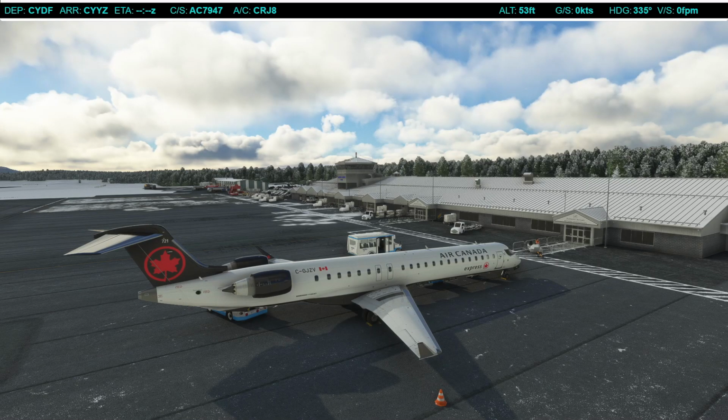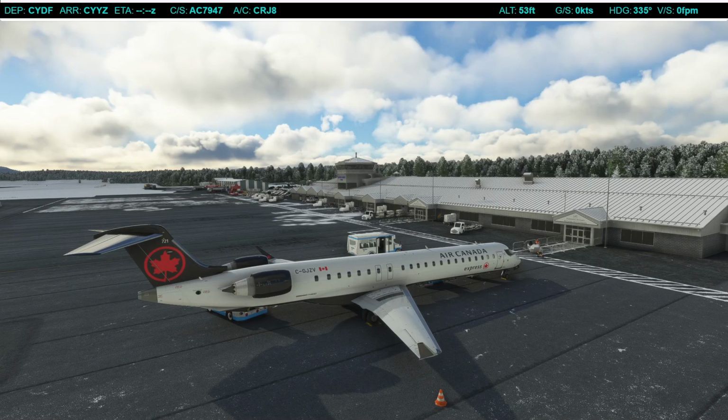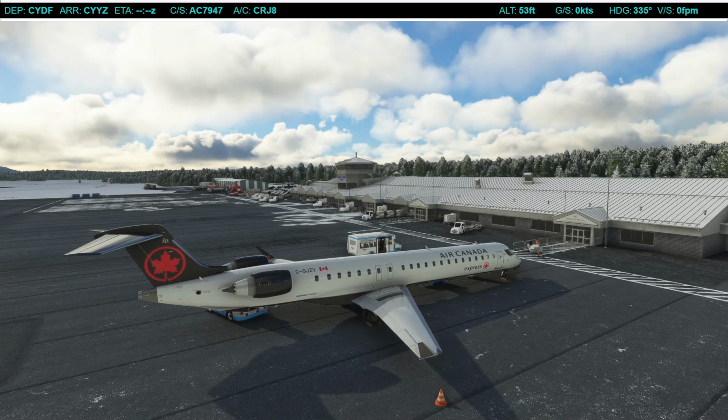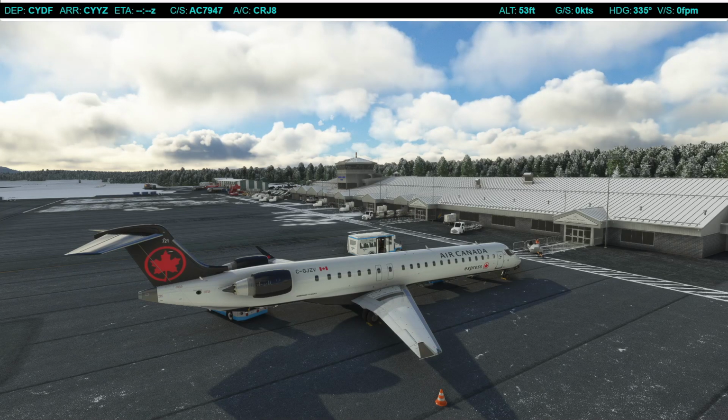Our call sign is AC7947. It is flown in the RJ, the CRJ900. Crew boarding starting. I wanted to do a flight from St. John's. I do have some scenery out there from CYDF Addons. It's a beautiful airport, but I really wanted to fly the RJ. Try to keep this plane a part of the channel. And Air Canada Express does not fly out of St. John's anymore, so